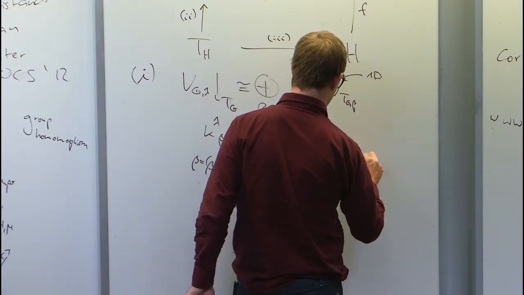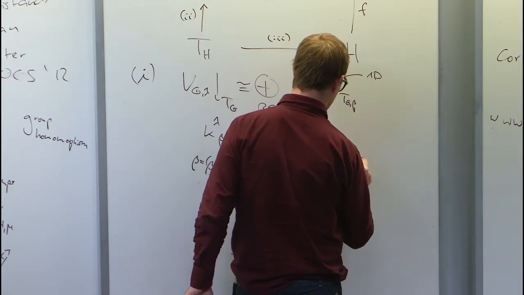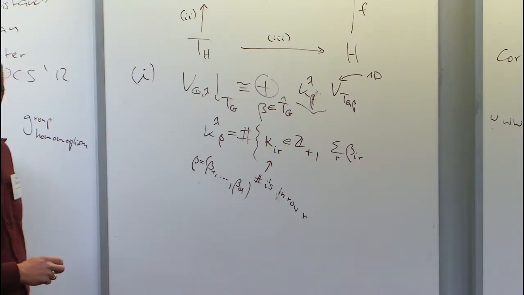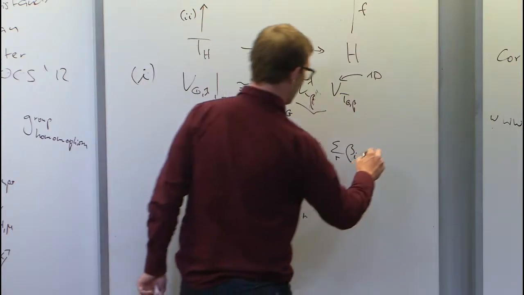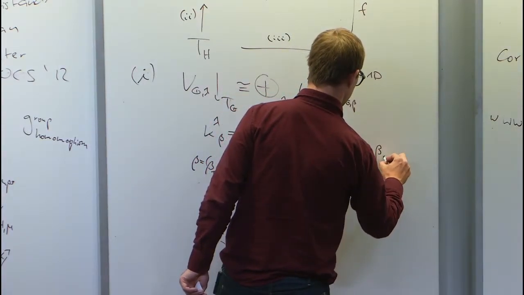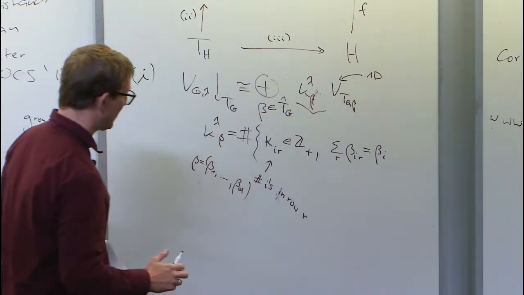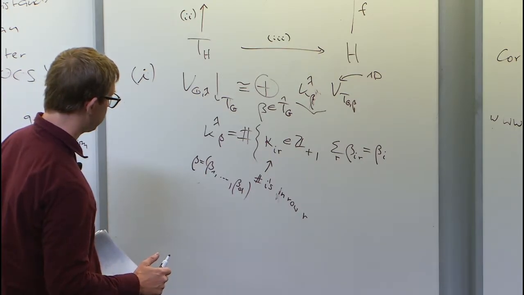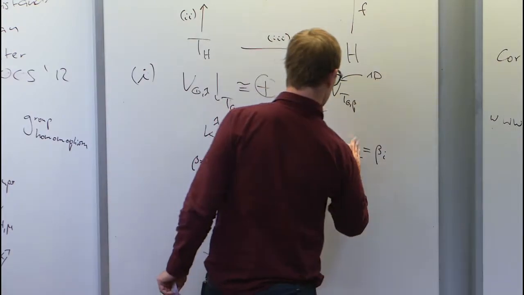So if I sum up over all the rows, this is equal to beta i, and then